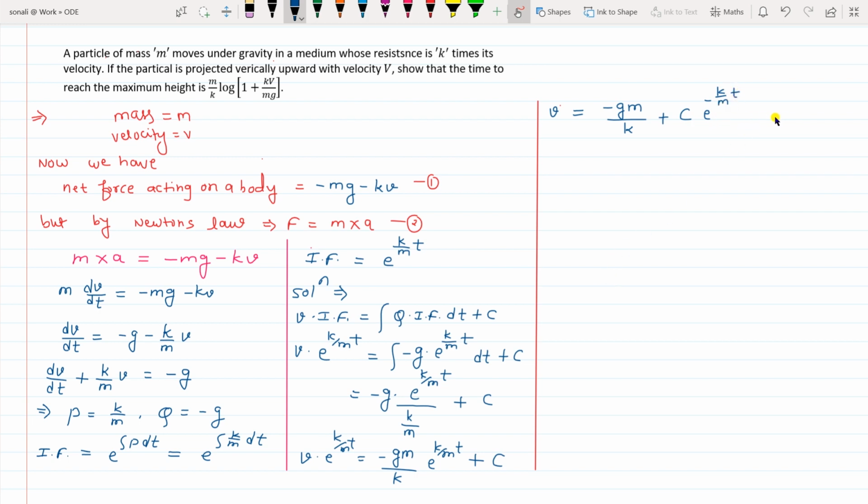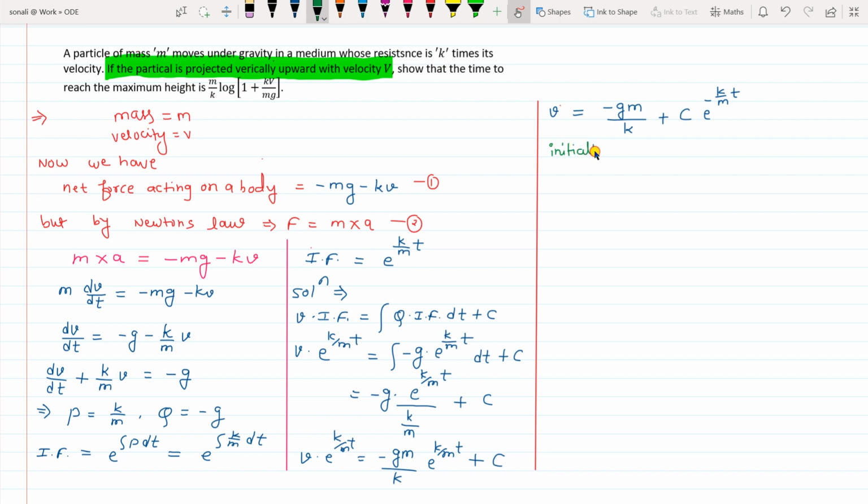Now this is our required equation, but here the integration constant is present. We need a particular solution. So we have to remove this integration constant c, and we are going to remove it with the help of the initial condition given to us, and that is what? If the particle is projected vertically upward with velocity v. So initially when your particle is projected vertically upward,